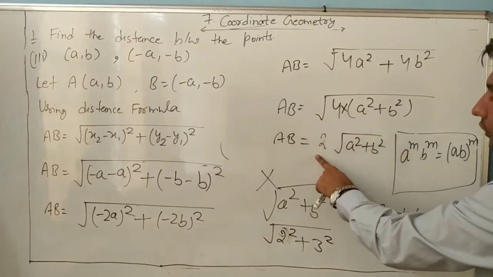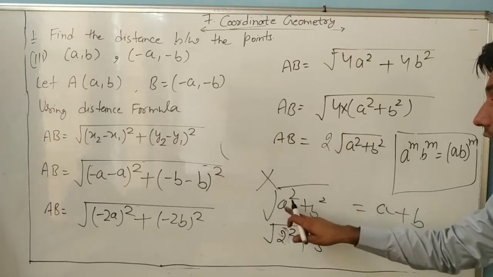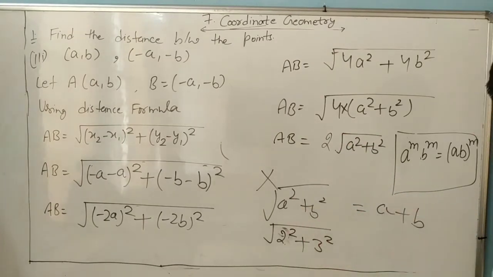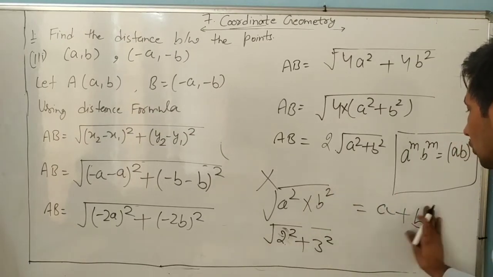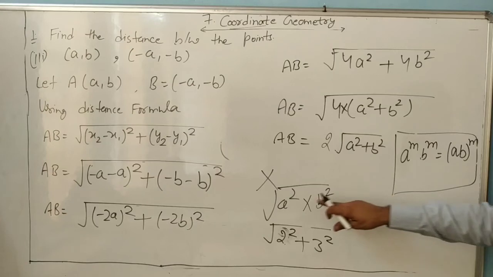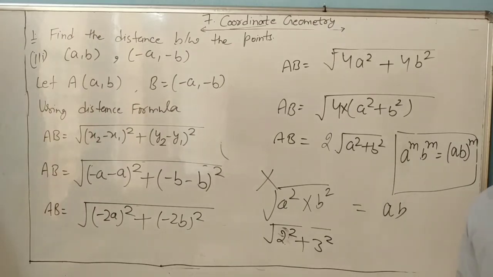Square root of 4 is 2. Understand here? So don't be confused. Don't write under the root a square plus b square as a plus b. If they are in multiplication, then we use this formula. Square root of a square is a. Understand? In addition and subtraction we cannot write it. Understand here? So please note it down.